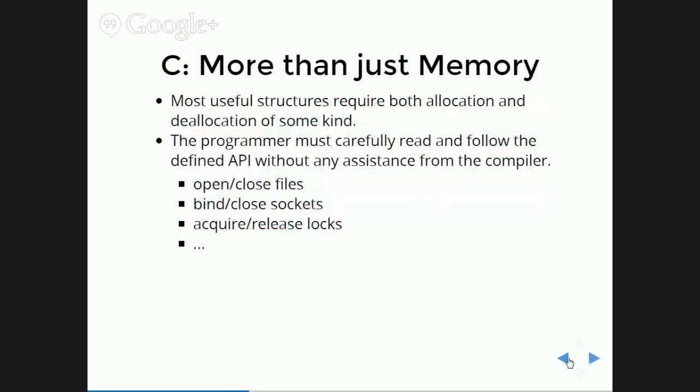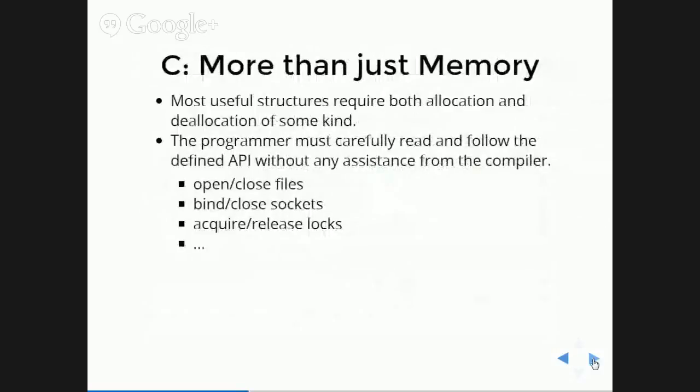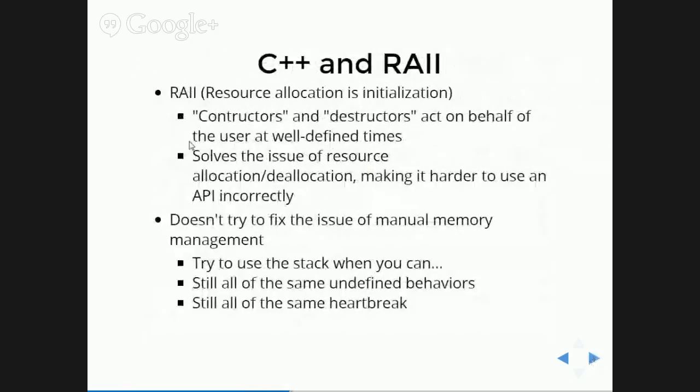So you don't really get that in C. Here, you'll usually have to call some function to get your structure, and you'll have to call some function to deallocate it. So it'll be a common idiom to have a malloc and a free for each structure you have. C++ comes along,